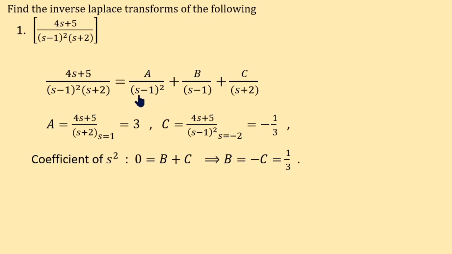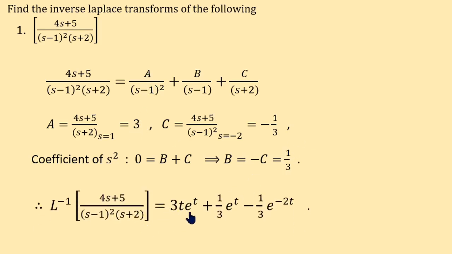Suppose this is by applying the first rule in the inverse Laplace transform. Assume that this is function of s minus 1. So L inverse of function of (s minus a) is L inverse of function of s into e power at, e power 1t. So e power 1t into L inverse of 1 by s square. 1 by s square inverse Laplace transform is t. Therefore it is t e power t into a. A is 3. Therefore required answer is 3t e power t,